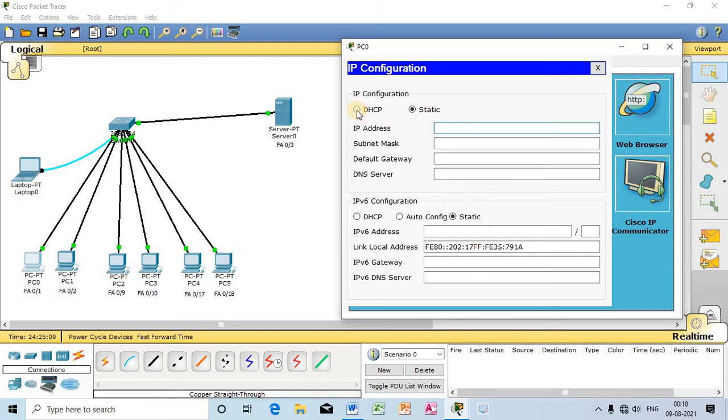I will use the DHCP option, so that this computer will request a 32-bit IP address from the server, and in the database of the server there are 24 IP addresses, and among those 24 IP addresses the server will send an IP to this particular computer. So let us do that.